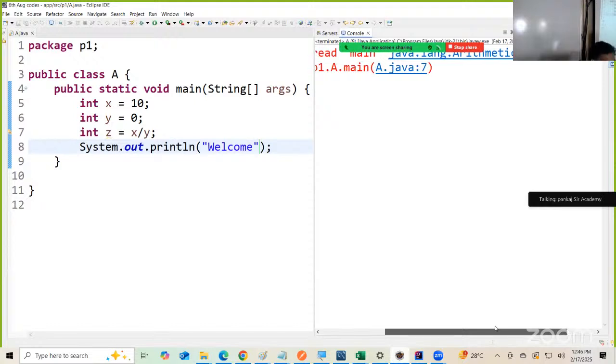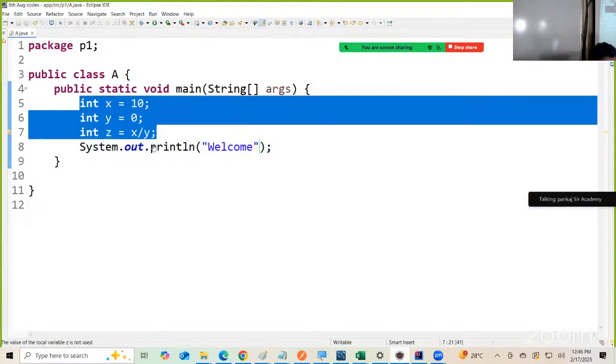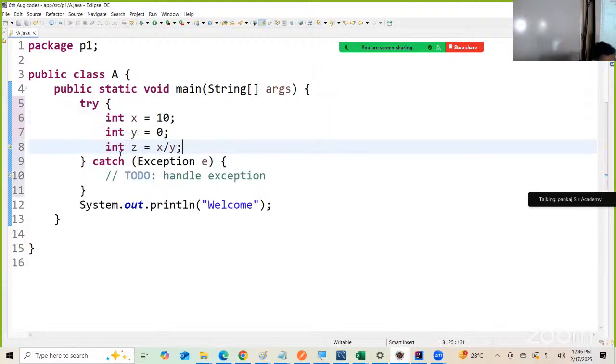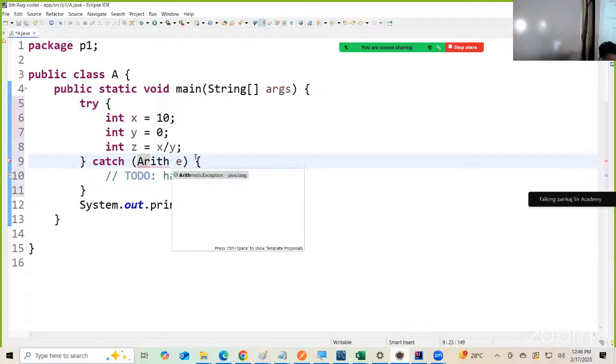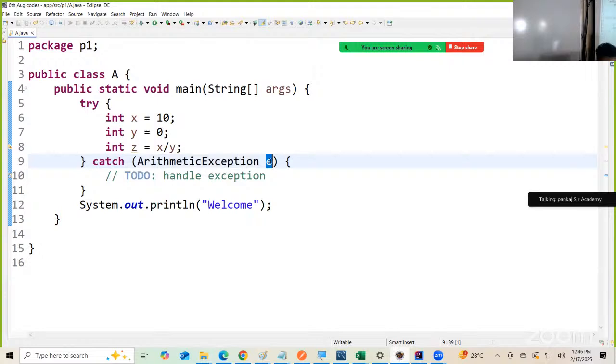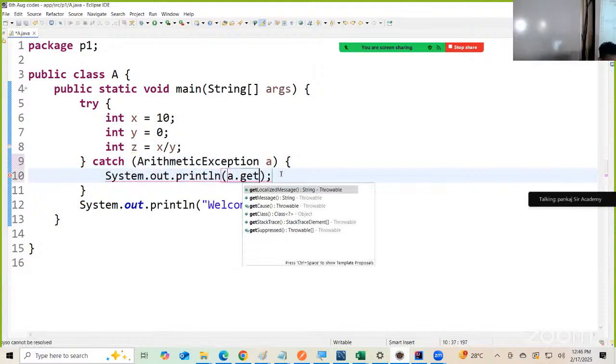Now when did this exception occur? This exception occurred because we did some invalid mathematical operation. Correct? How do I handle this now? To handle this, we will use a try catch block. And since it's an ArithmeticException, in the catch block, I can use the specific class name ArithmeticException. You can give this variable any name. It's a reference variable. And if you now print here e.getMessage(), it'll